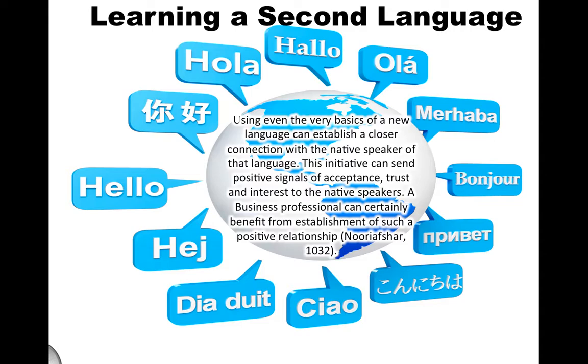So, after reading that and doing a lot more research on the benefits of learning a second language, the next question was, which language do I learn? And there were quite a few different languages that are actually really popular in the business world. For example, there's Arabic, Spanish, German, Portuguese, Russian, French, Japanese, but Mandarin happened to be the most popular.